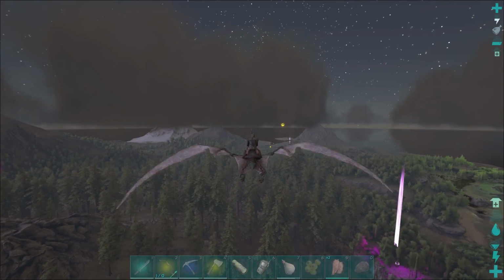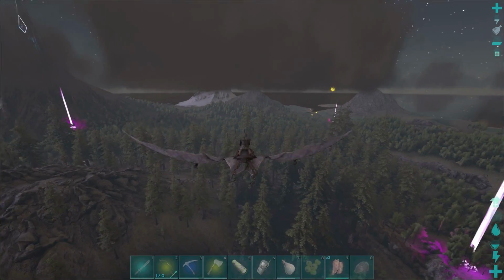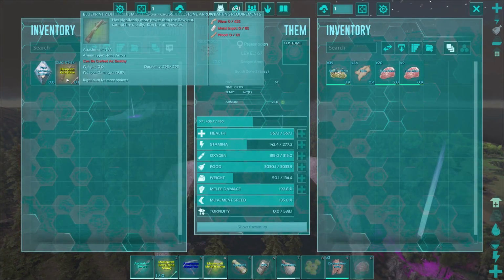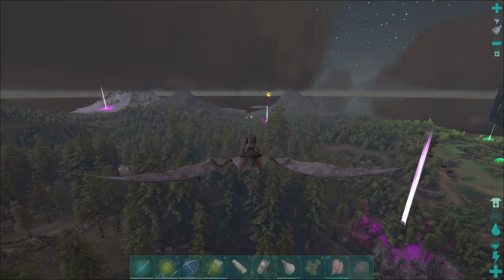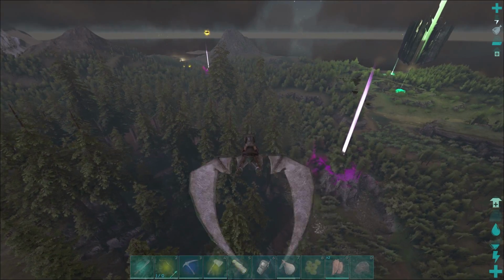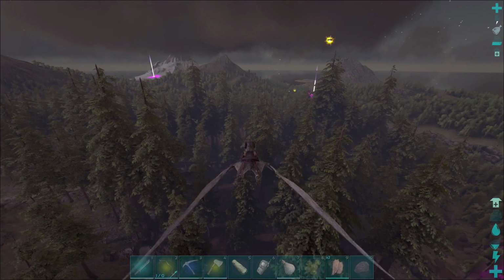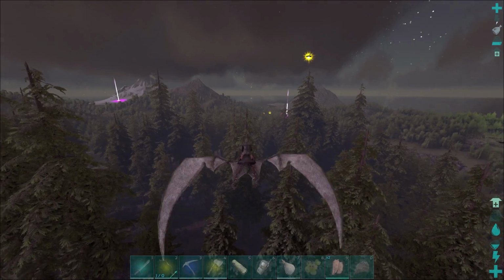So yeah, I think I'm gonna try and track down as many of these as possible. I actually did, just to get a nice blue. I think it was a blue drop on the way here that gave me that 180 crossbow blueprint. So that'll be really, really handy when I'm trying to go around and tame stuff with the crossbow anyway. So let's see if I can track down a couple of these